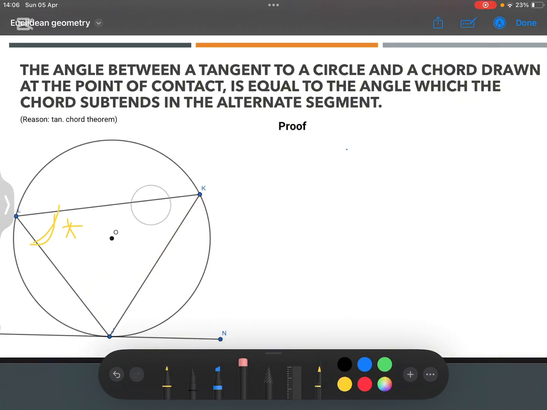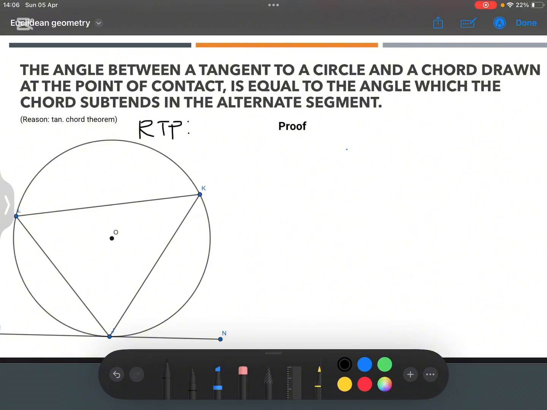Okay, so now we also have the angle subtended by the tangent and the chord. It is equal to the angle subtended by the very same chord at the alternate segment. So now we need to prove that. We are required to prove